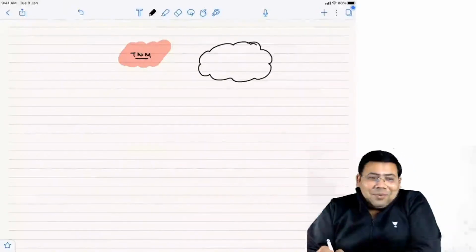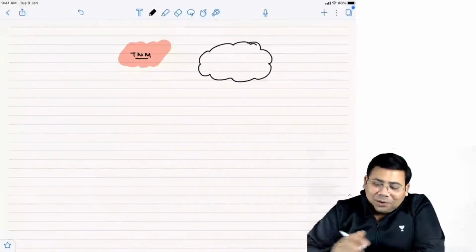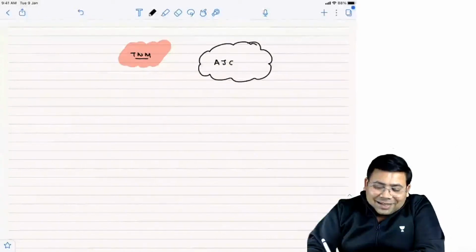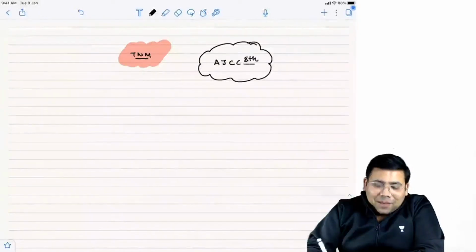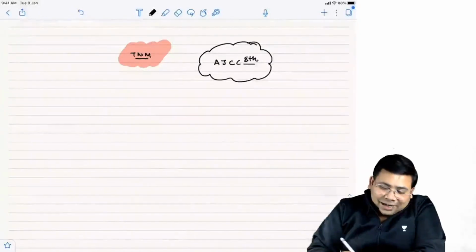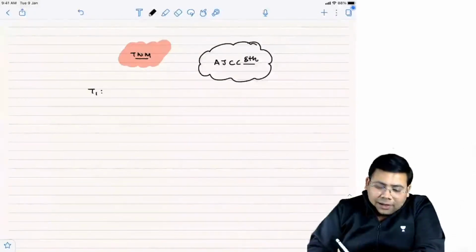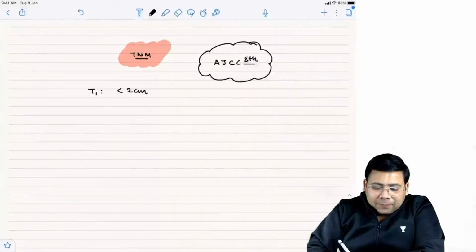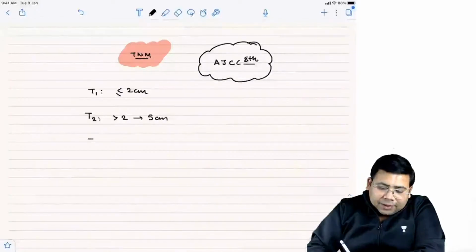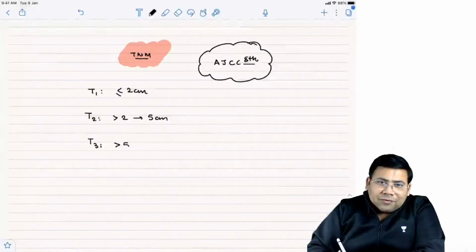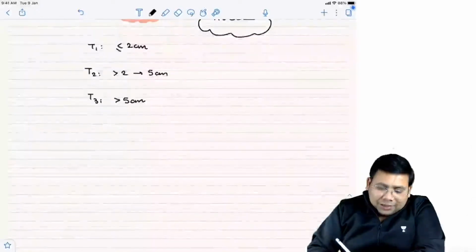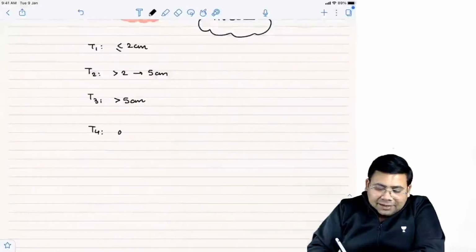I remember you. So TNM, let us talk about AJCC 8th version. Within 1 minute, we'll revise this. T1 is less than or equal to 2 centimeter. T2, more than 2 up to 5 centimeter. T3, more than 5 centimeter. What is T4, students? This is any size